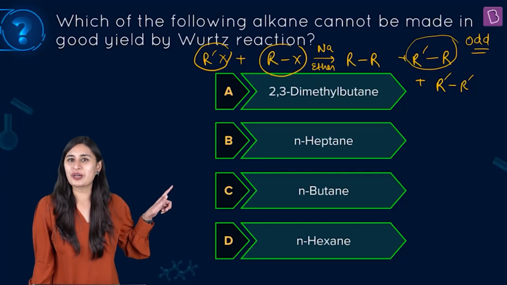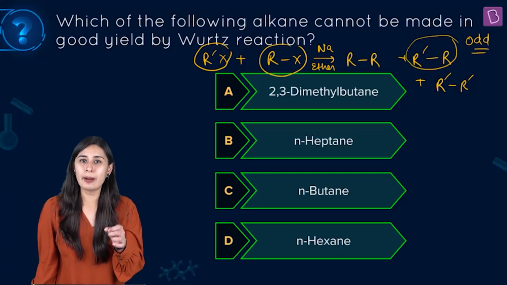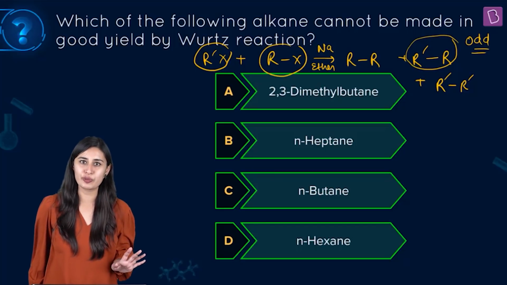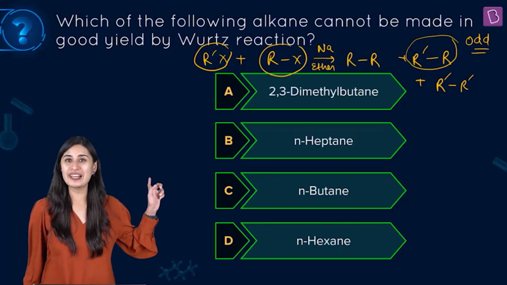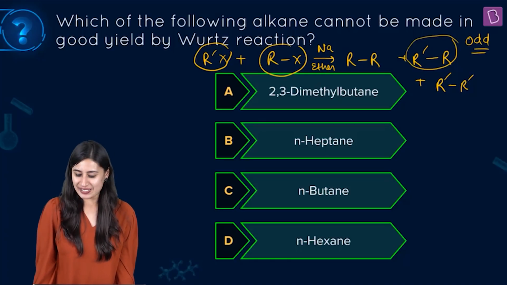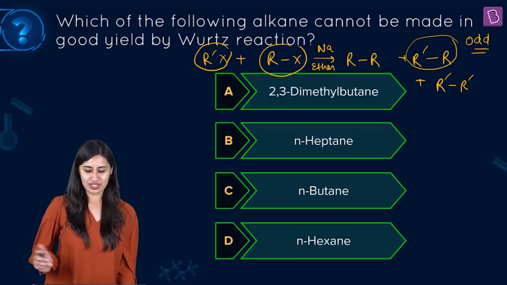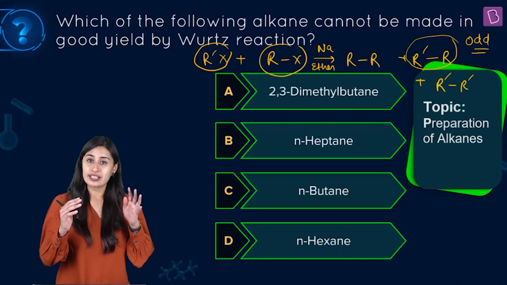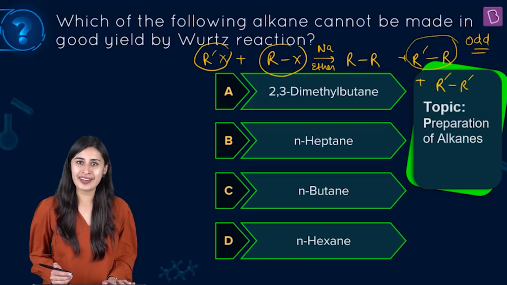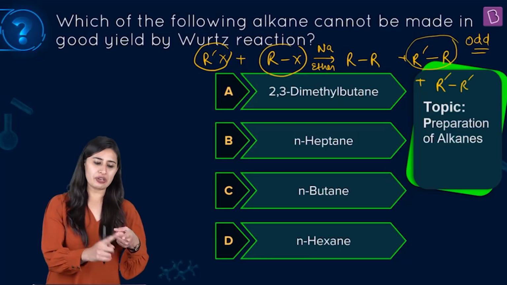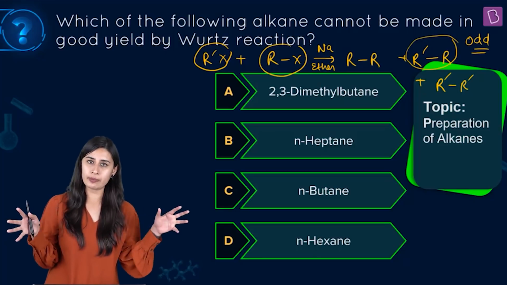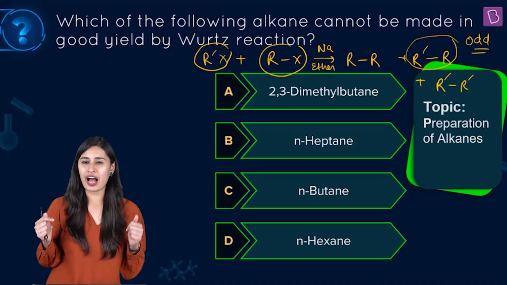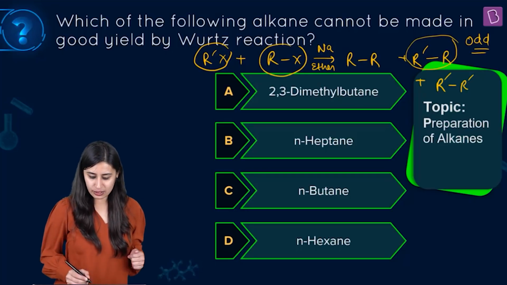So the moment you see a question like this, if an odd number of carbons is present in the options, it should be the right answer for you, which I'm sure you can realize is only in option B, right? So you already know the right answer for this question. Anyhow, the question is from the preparation of alkanes. Let's understand it layer by layer. Let's see what sodium is doing, what ether is doing, and why we are taking sodium and ether together, though you have understood it very quickly, right? So let's check it out.